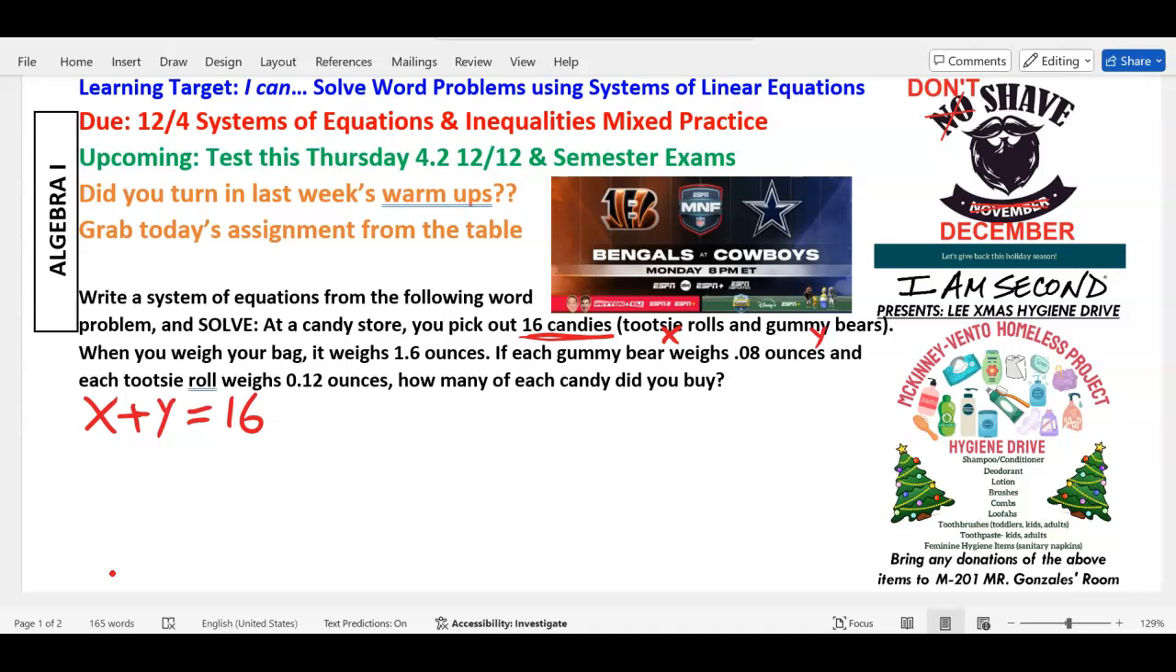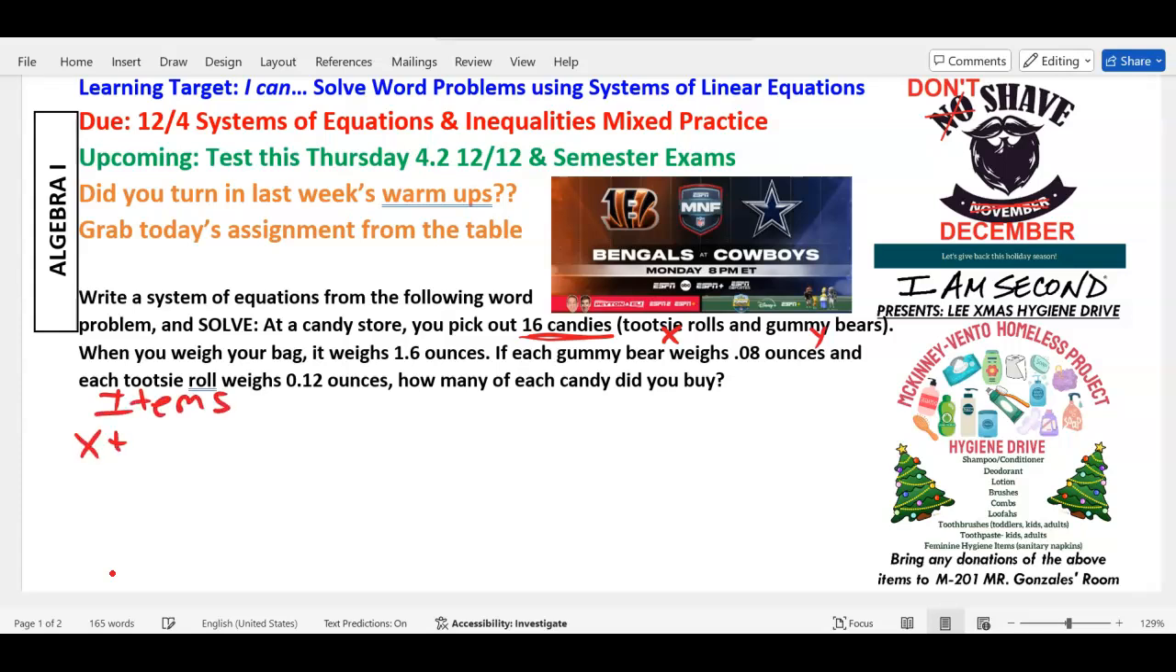Let's write our second equation. Now, this is different than the notes from last week, because now we're not talking about money, we're talking about weight, but it's the same idea. So instead of money, we keep reading. It says when you weigh your bag, it weighs 1.6 ounces. That's total. But if each gummy bear weighs 0.08 ounces and each Tootsie Roll weighs 0.12 ounces, how many of each candy did you buy? So instead of money,